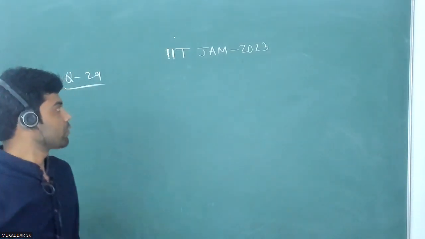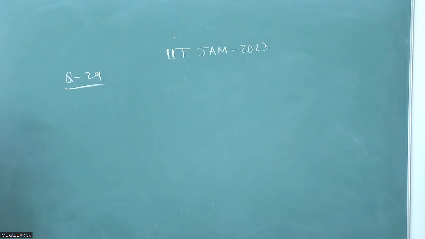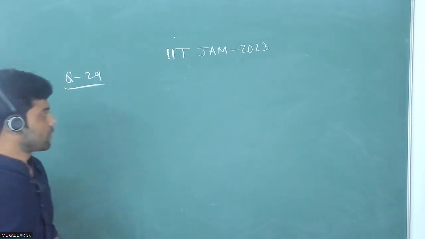Well, today we are going to solve one more problem from IIT JAM 2023. The question number is 29. It's a part of oscillation. That question is given. You have a stick